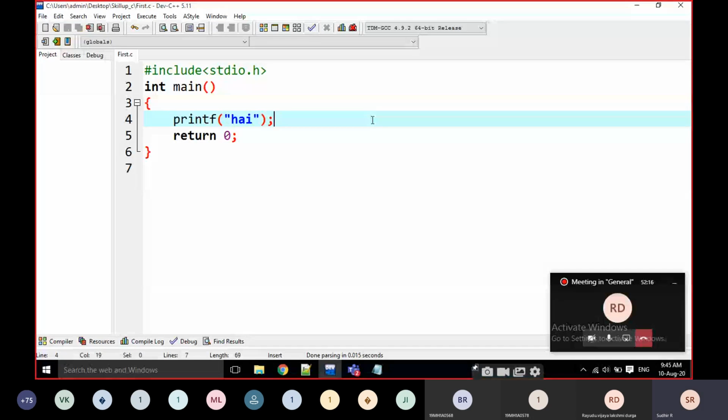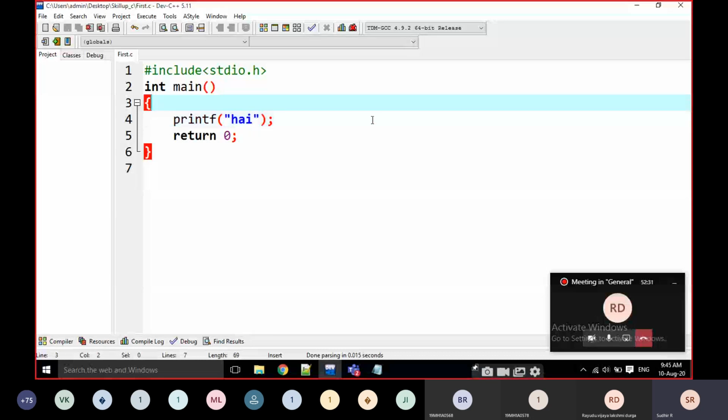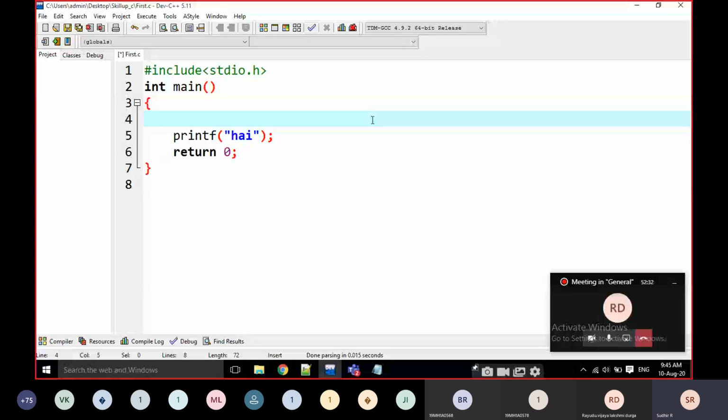Printf statement, simple basic program, print hi. This is the basic intro of any programming language, not only C. Every time, even when writing on paper, we have to maintain the indentation.